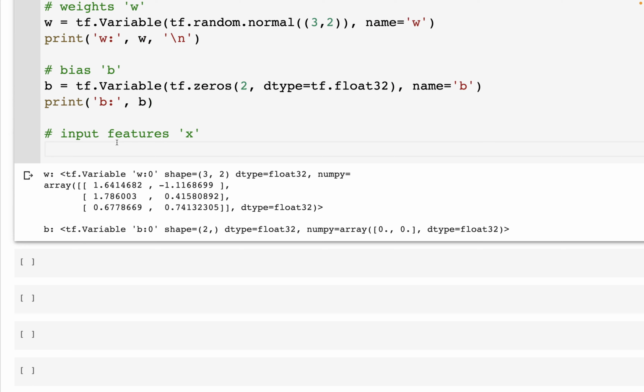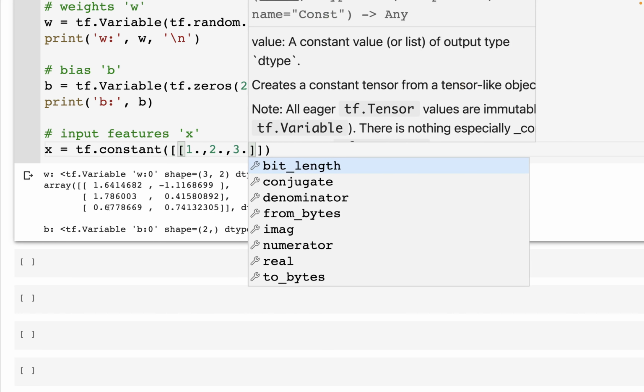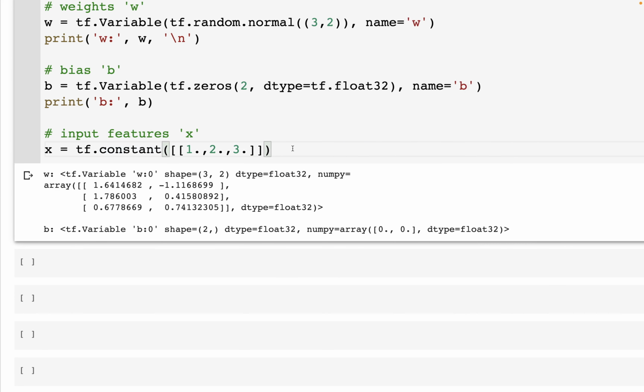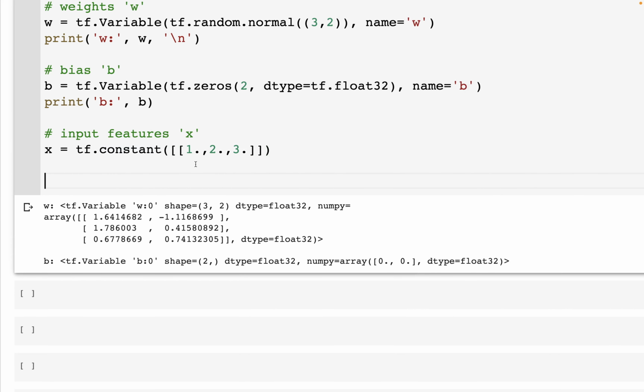And here we have x is equal to tf.constant, and we can create float values 1, 2, and 3. So that's the tf.constant. And remember that what we created is a tensor, and it's not a variable, it's a constant tensor. Now we can use that input,